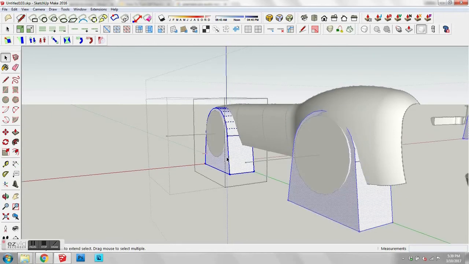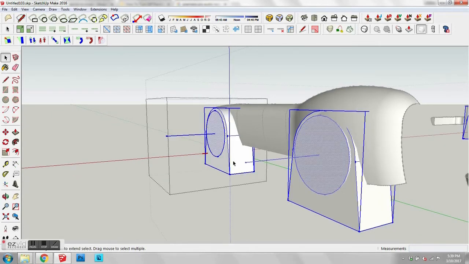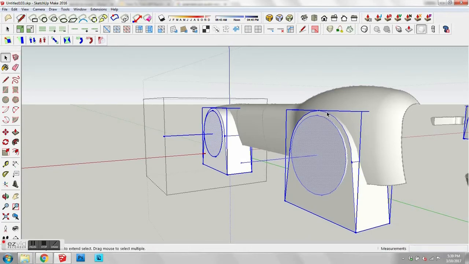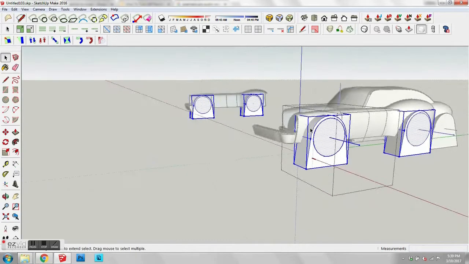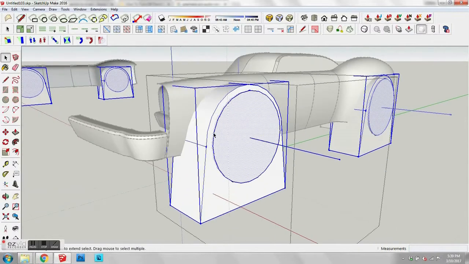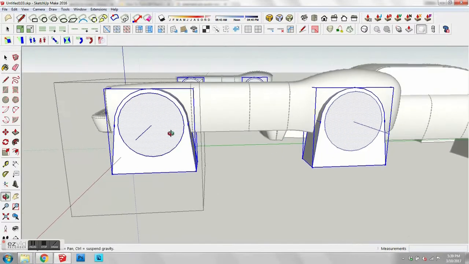So let's just get that and bring it slightly out a bit so it just is there. Yep, that's cool. Yeah, so that's what I do there, like that. Once you're sort of happy with that part,